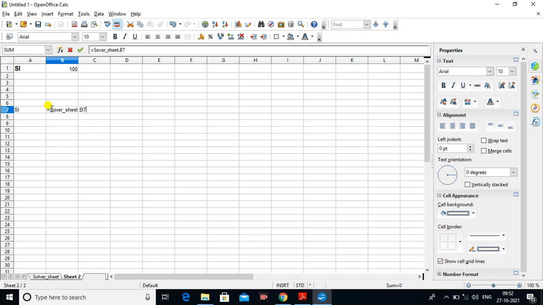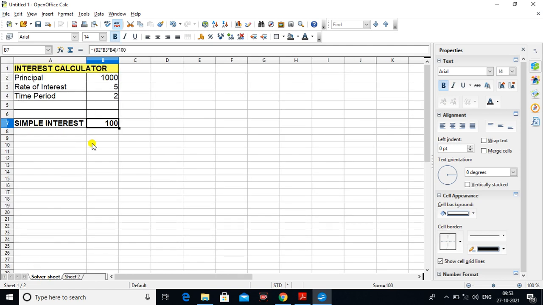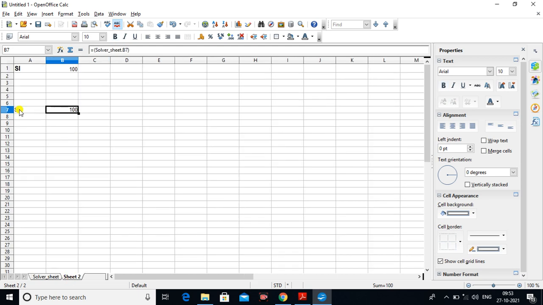Here I am giving the open and close brackets, and then you press enter. So look, the result of simple interest, 100 in your solver sheet, is reflected in sheet number 2, in cell B7.